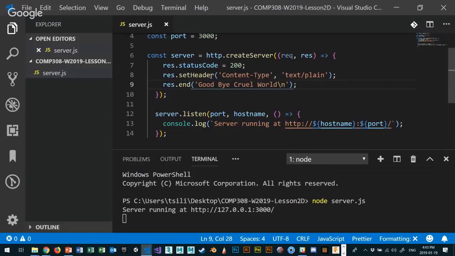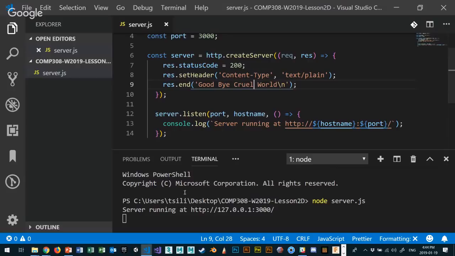Wait a minute, I changed my server. It should respond. No. You know why it shouldn't respond? Because that server is an instance. It's a server instance, an object that I created with my parameters, right? These parameters, whatever I had there before. And when I instantiate it and it's listening, it's going to be that same instance until I kill it. Unless I kill it, it's going to have the previous instance parameters, which means every time I make a change,